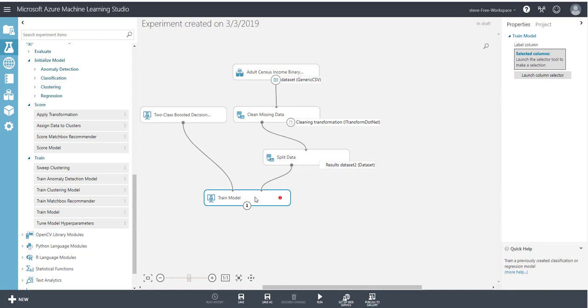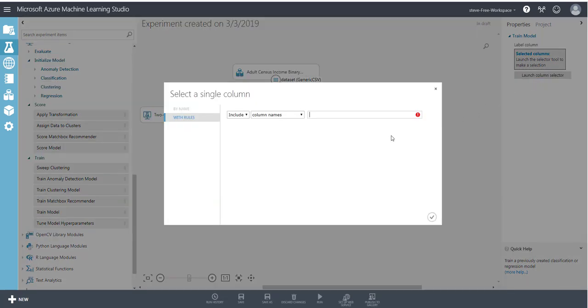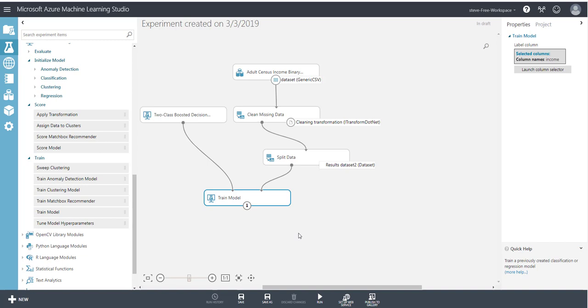So we're ready to train, but we've noticed we've got an error. What we've not told the trainer is what we are actually trying to predict. So we can pick the column that we want to predict on. And actually, in our data set, we wanted income. You should be able to type, and it will start picking the values we want. So it's saying we're going to look at that income column, and all the ones we know the answer for, which we've already put in, it will use for training. And then when we get to testing, it will take that other quarter of the data and actually predict based on the model that's trained, and we'll be able to see how accurate or not